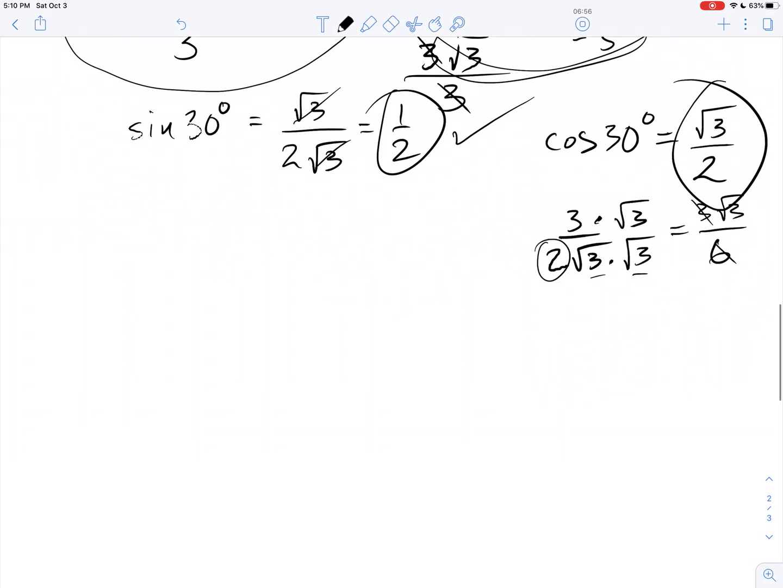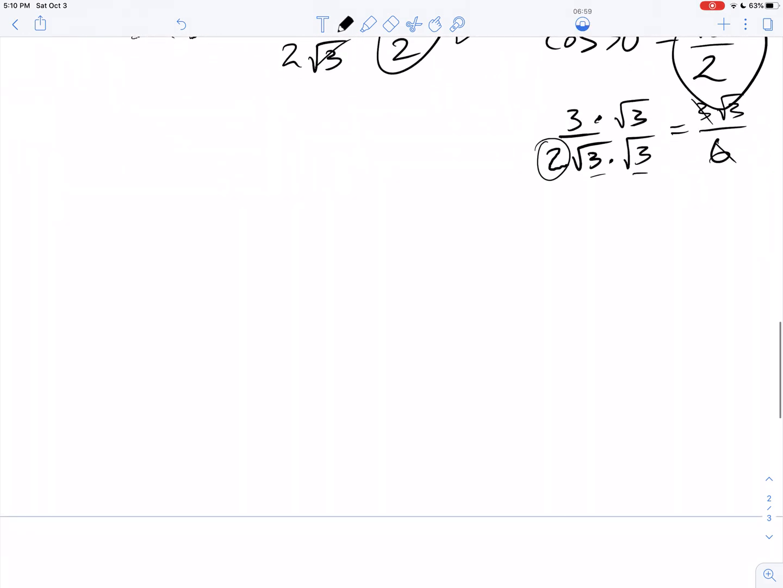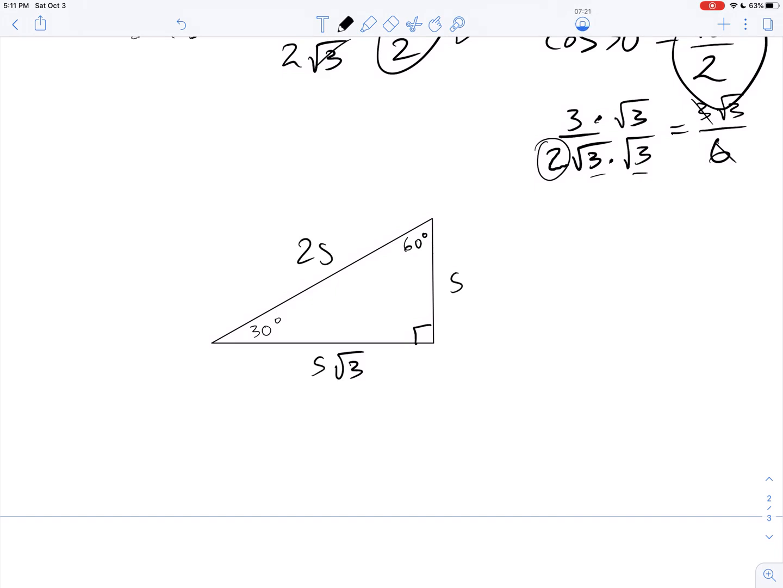Let me show you what's going on. This is where we get a little bit theoretical, but I'm going to draw my 30-60-90 triangle. This guy's 30. This guy's 60. Here's my 90. And I go, oh, this is S. This is S rad 3. This is 2S. So if I wanted to find the sine of that 30-degree angle,